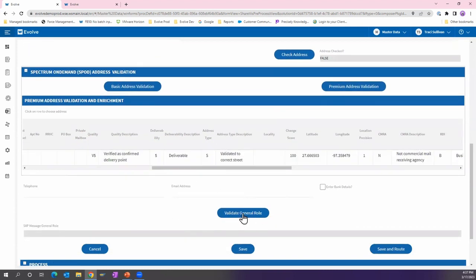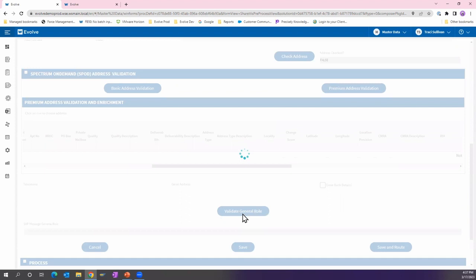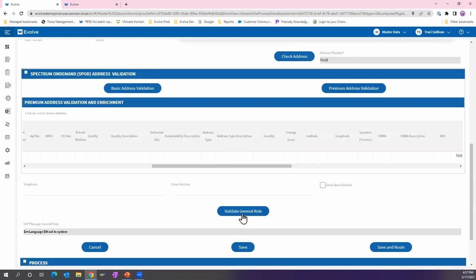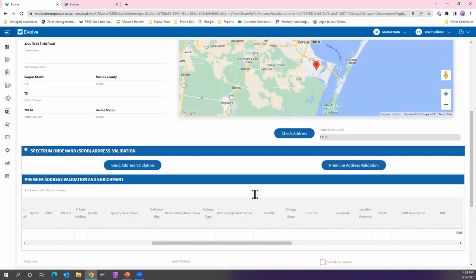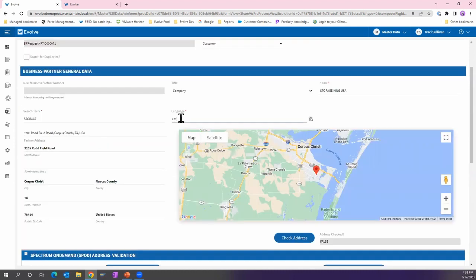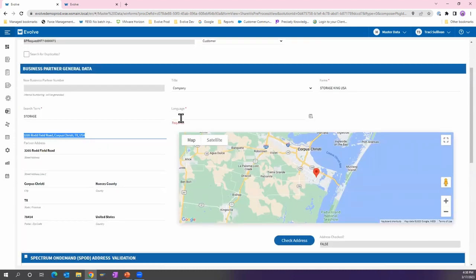The next step is to validate the role, and this is going to validate the data that has been entered on the form, ensuring that it is accurate according to the business rules and the validations. And it'll also go to SAP and make sure that all the entries exist in fields that have check values. As you can see here, I've entered something wrong in the language field. So I'll go back up, and obviously I did a typo.